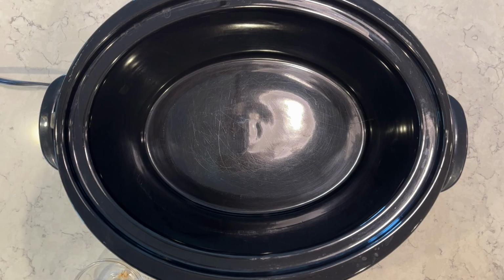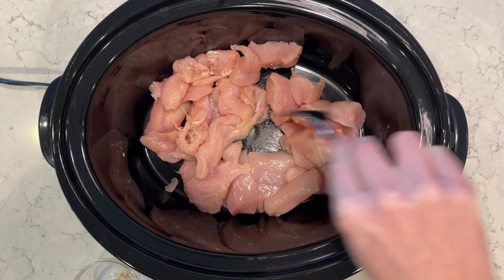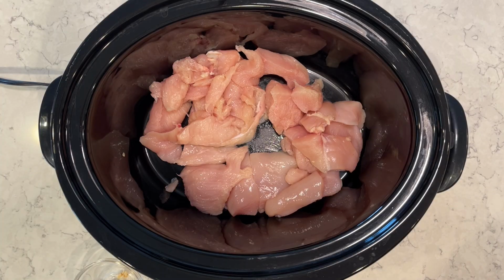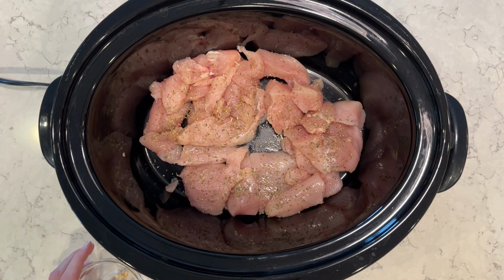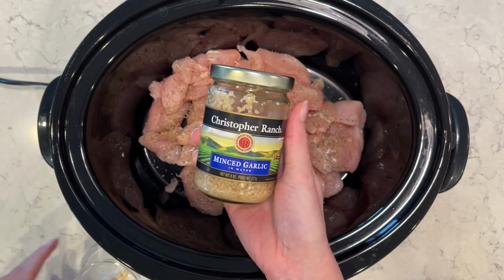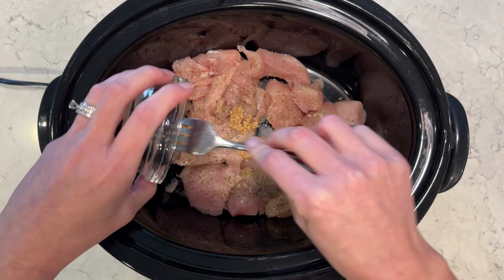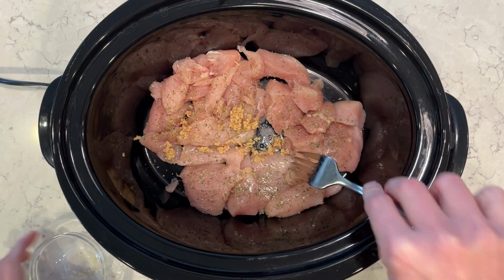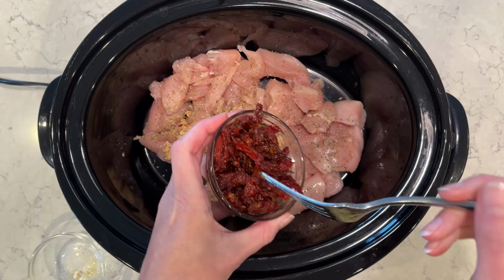This next crockpot recipe is going to be a Marry Me chicken. So I love Marry Me chicken. You can do it in a casserole version. I am going to do it in the crockpot this time. I have Italian seasoning. I have 2 chicken breasts that's diced up. I'm going to add in some minced garlic, so about a tablespoon or about 2 to 3 cloves of garlic minced up. I have sun-dried tomatoes,